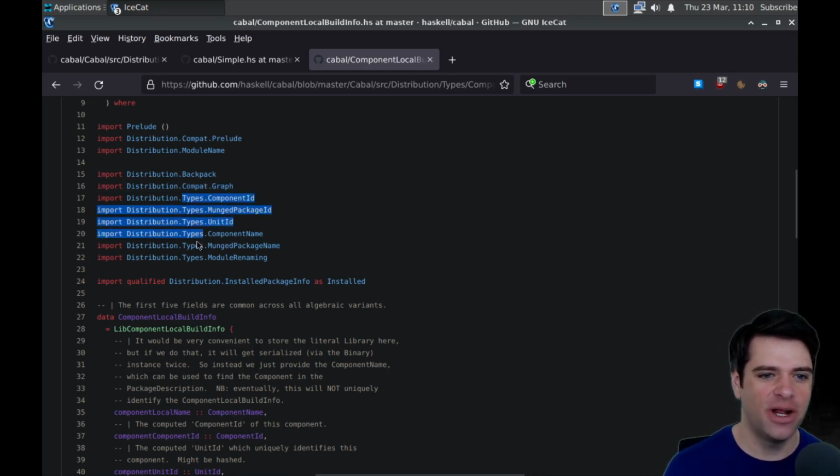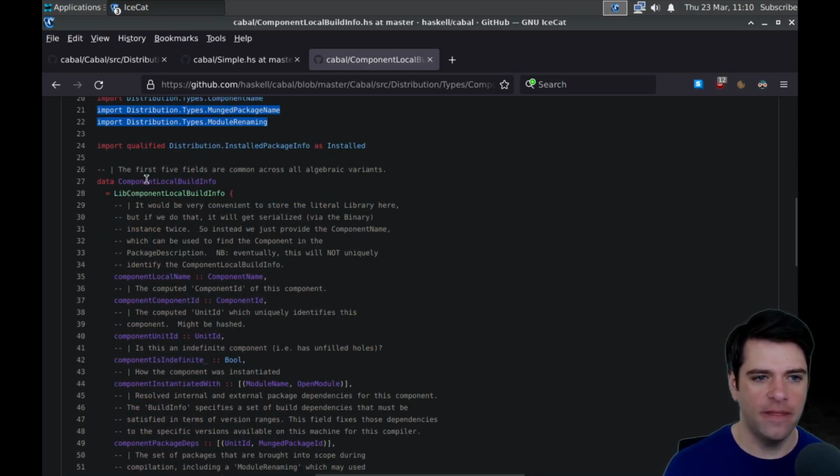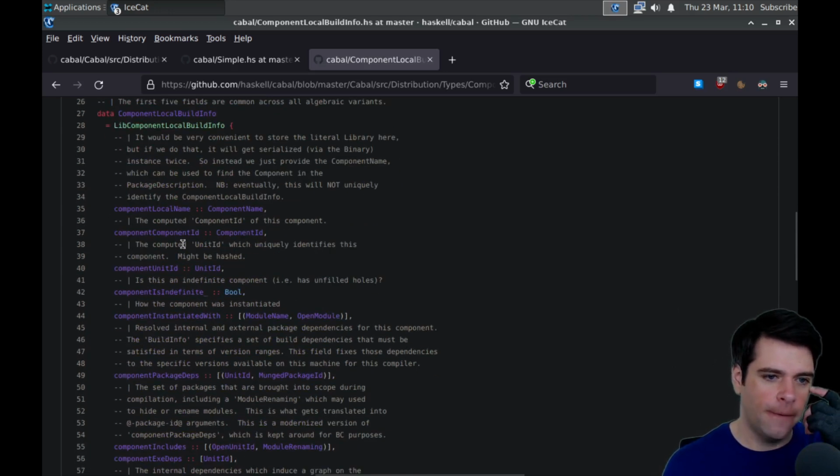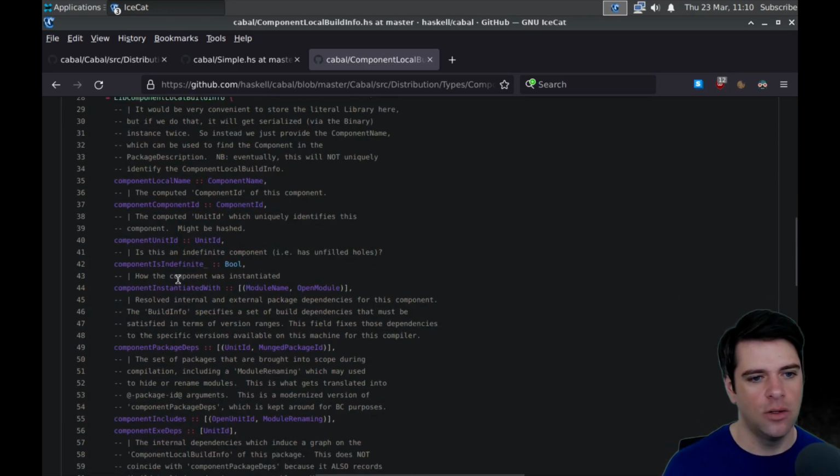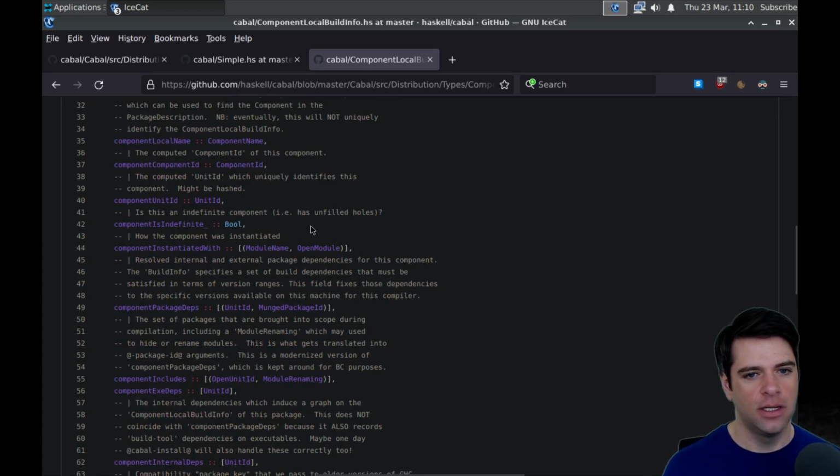We've got some component ID, unit ID, component name, munged package name, and module renaming. Okay, and then the local build info has a name, an ID, unit ID, whether it's indefinite. An indefinite component has unfilled holes. All right. How it was instantiated, what its dependencies are, resolved internal and external package dependencies for this component.